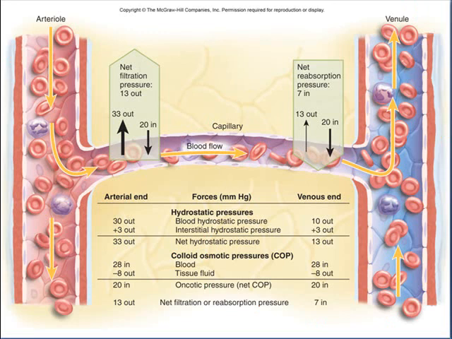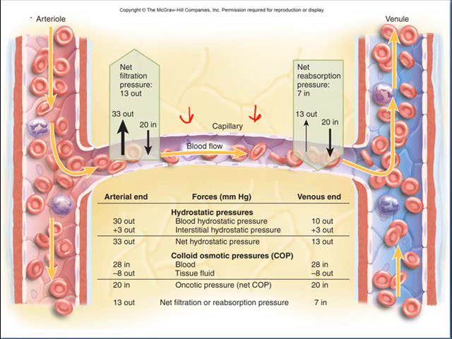So here's how this looks. And we will review this in class too, because it's a concept that's tough for students to wrap their heads around at first. So just let me orient you first. Here we're looking at a very simplified rendition of a capillary bed. They just represented it by a single blood vessel, but you can imagine that there's a whole bunch of capillaries